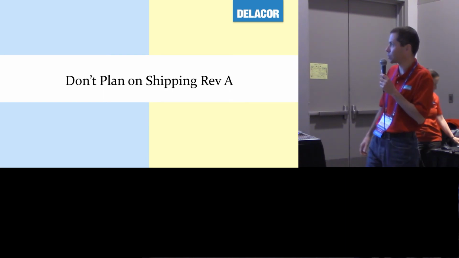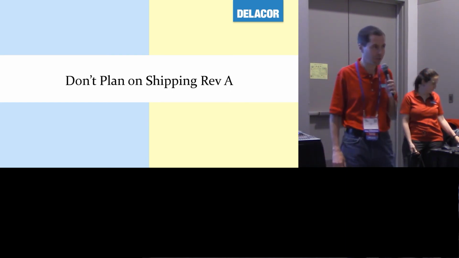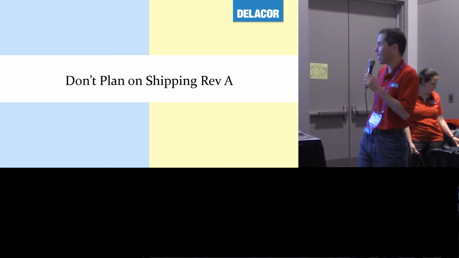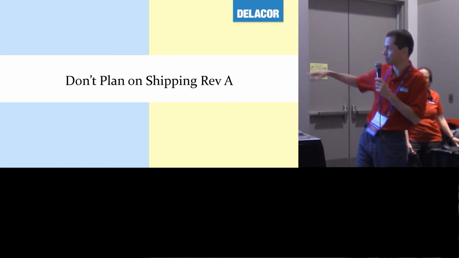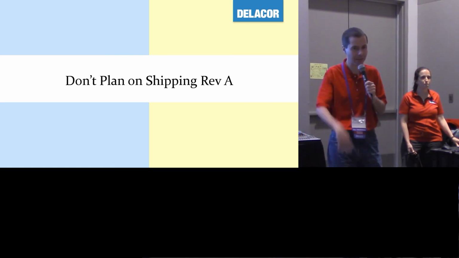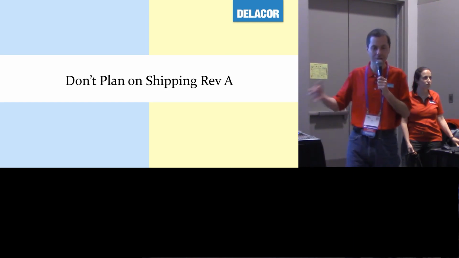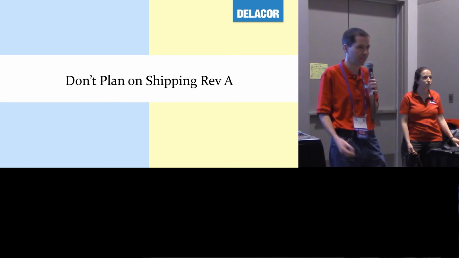Rev A is really your chance to try stuff that is new, unproven, to really innovate. They make real good proof of concepts. Also, because it's a Rev A, a bit of a secret is you can take some shortcuts. Some of the stuff we've talked about, like, well, anybody can build one. You've got to do all this stuff if you want to build 1,000,000. Well, you're not going to build 1,000,000 Rev A's. You're going to build a couple.